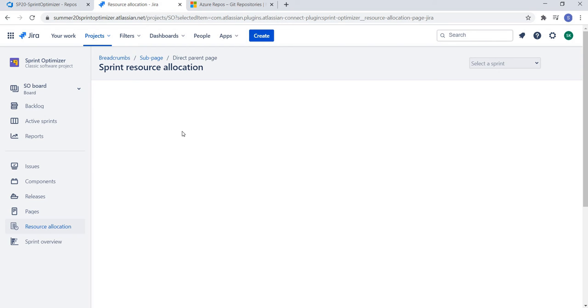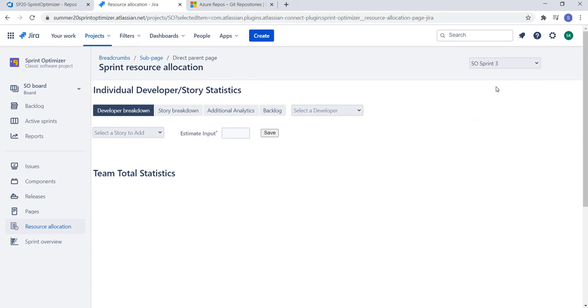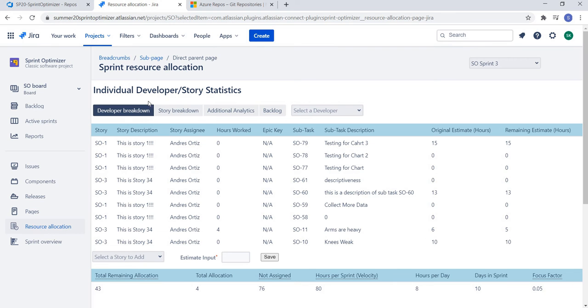And in this video, I'm going to go over a brief introduction to the main functionalities of this project. The main two functionalities are the resource allocation and the sprint overview graph. Starting with the resource allocation, you just select whatever sprint that you want to see data on. So sprint 3, and the four main parts of this resource allocation are the developer breakdown, story breakdown, additional analytics,